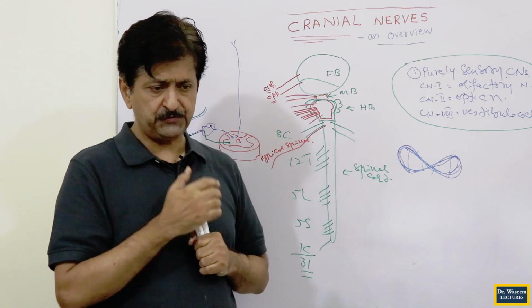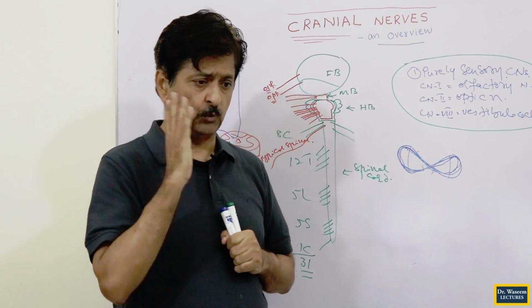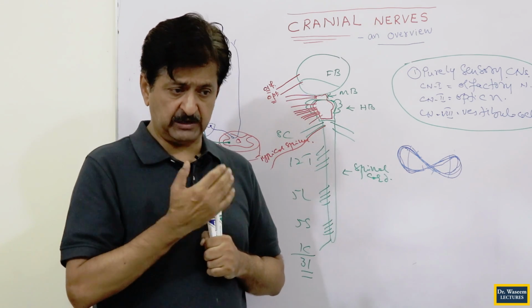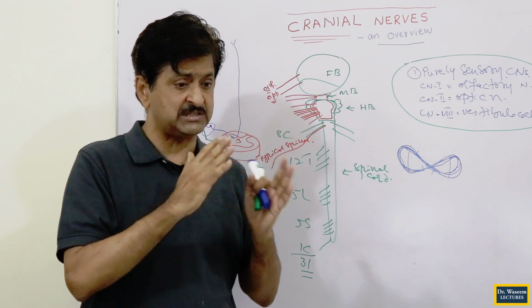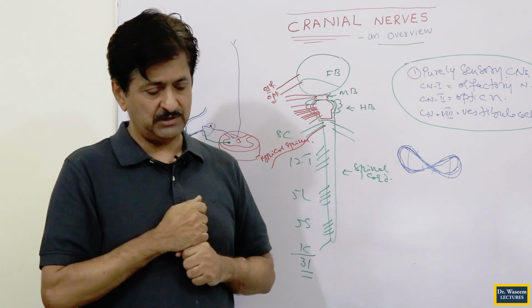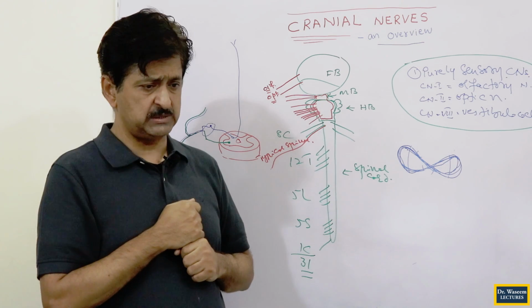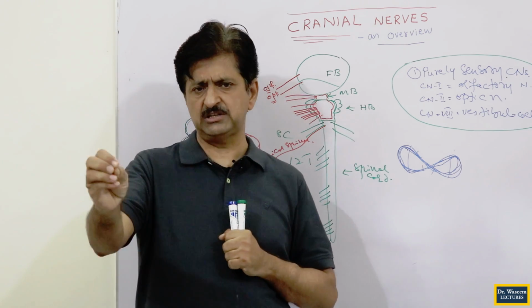The nose is almost specific for smell, because we can't smell except with the nose. Vision is specific to the eyes. We can't see without eyes, and we can't hear without the ears, and vestibular function is almost not possible without the ears. So we have specific organs for those, and that is why the nerves are specific for this purpose.